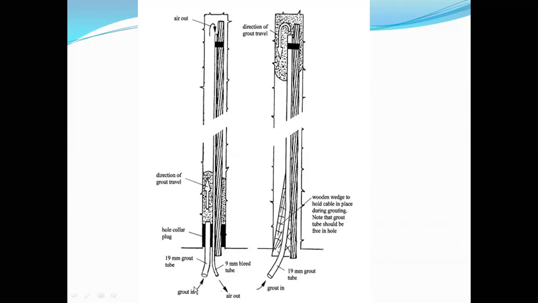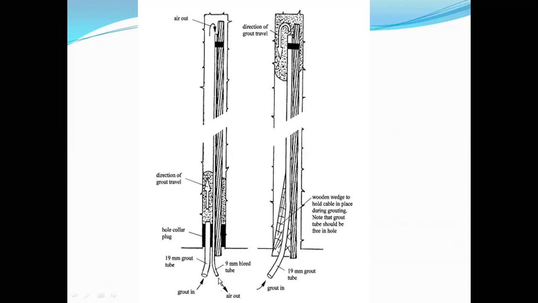The first case is where the grouting tube is smaller and the air outlet pipe is bigger. In this case, the grouting pipe is bigger, so the grouting material is initially injected at the other end. It starts right from the beginning and goes. How do we know that the entire length of the hole is grouted? Initially air comes out of this until the material has filled the entire roof bolt hole. Then the water present as part of the grouting mixture will come out through this one.